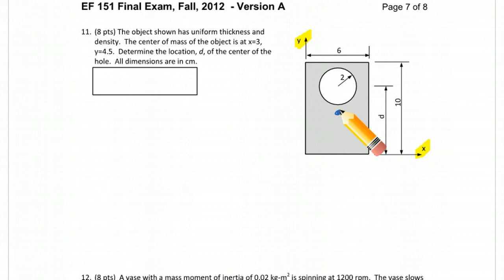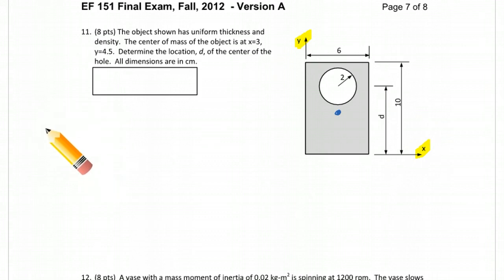We know the balance point. We want to actually determine the location of this void or this hole. But we use the exact same process. We want to determine D, the center of the hole, and all dimensions are in centimeters. So we'll go ahead and write our equation for the y center of mass because D is in the y